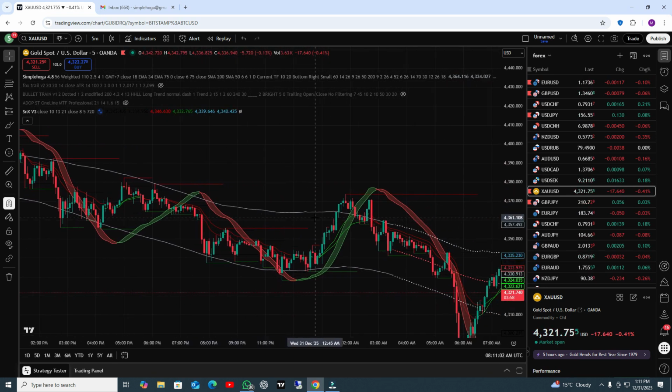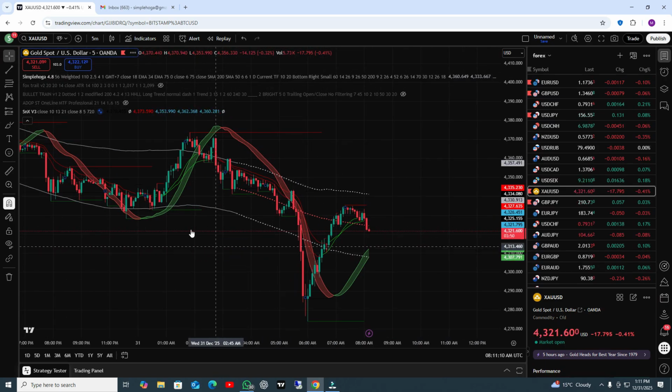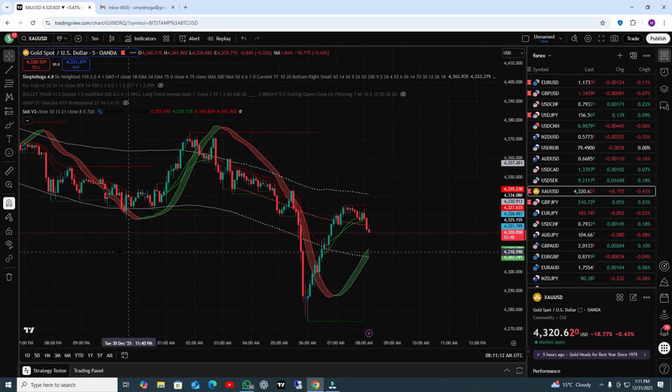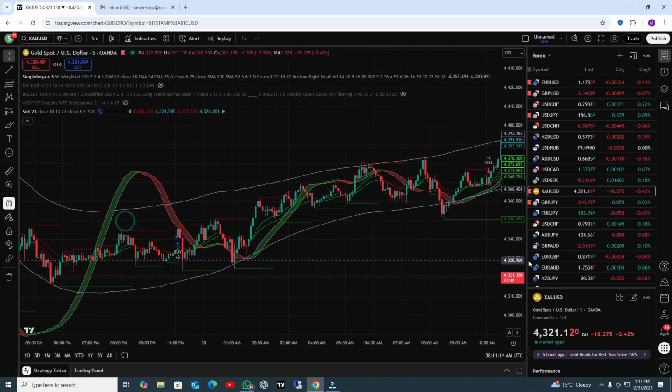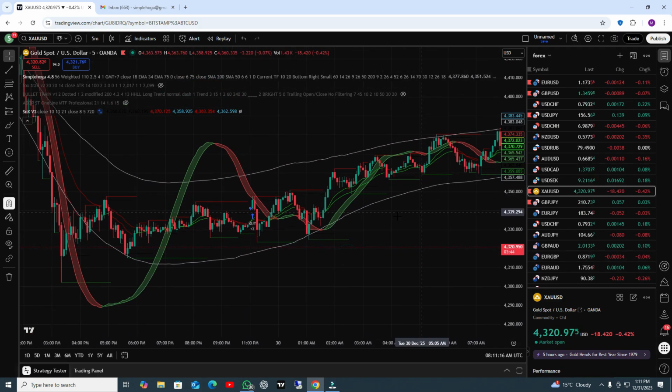Let's find out more positions. Here you can see this candle is your sell position. Put your stop loss here and you can see you got the profit here. Okay, this is not your exact position. We will find out the exact position. I will show you a live example as well.